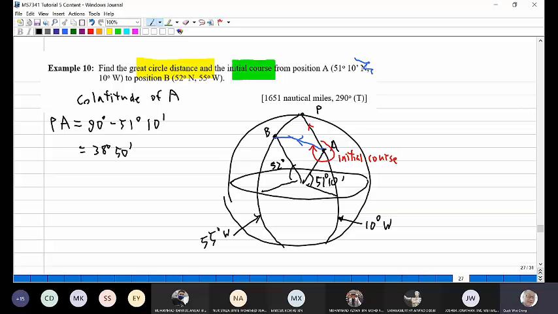Okay, so that means I know PA now. Let's try to find PB also. Okay, PB, the co-latitude of B, P now, is actually 90 degrees minus 52 degrees, right? The latitude of B is 52 degrees, so it's 90 minus